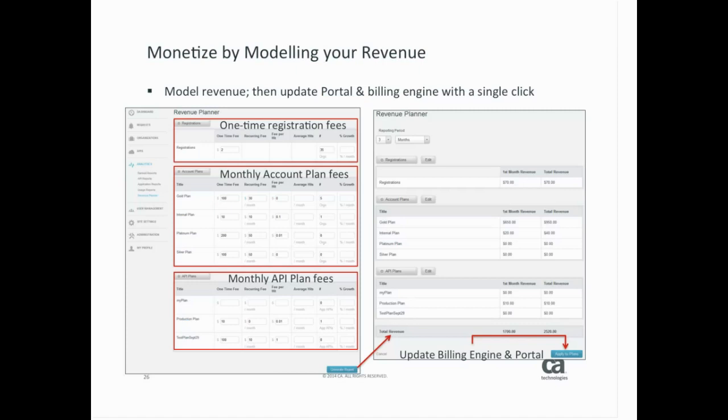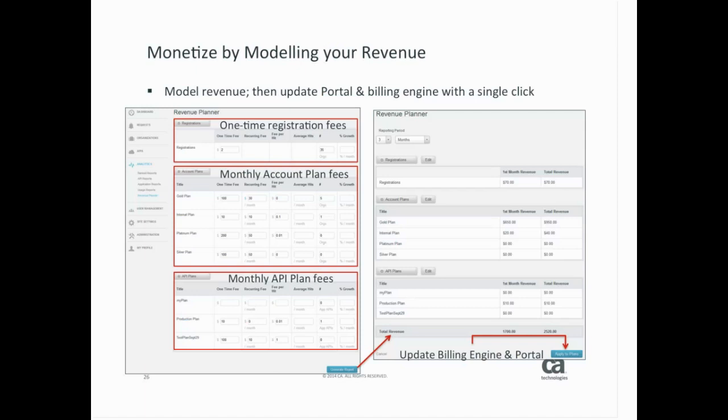Now, once you've got your APIs in place, you want to start understanding what the data model, what the revenue model can look like for those APIs. What we provided you with is a revenue planner that's inside of the API portal. It allows you to go ahead and work through all the aspects you might want to monetize. For example, one-time registration fees. Anytime a developer comes into the portal, you might charge them some upfront fee